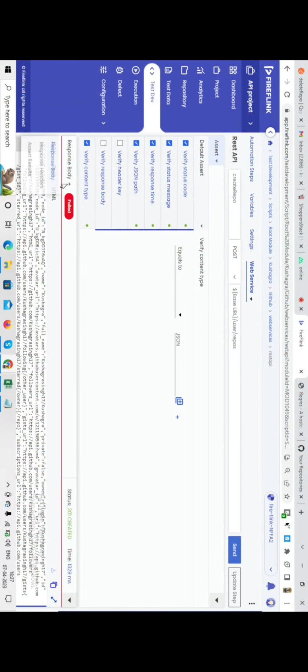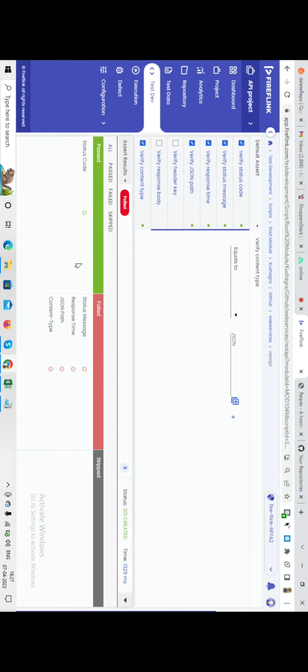201 क्रिएटेड, असर्ट रिजल्ट्स, सब कुछ फेल हो गया, बहुत बढ़िया। स्टेटस JSON पाथ, स्टेटस मैसेज क्या है, अच्छा 201 क्रिएटेड समझा, रिस्पॉन्स टाइम ज़्यादा होगा, JSON पाथ अभी भी इक्वल नहीं हुआ है।